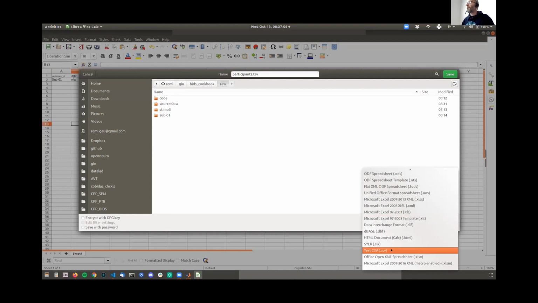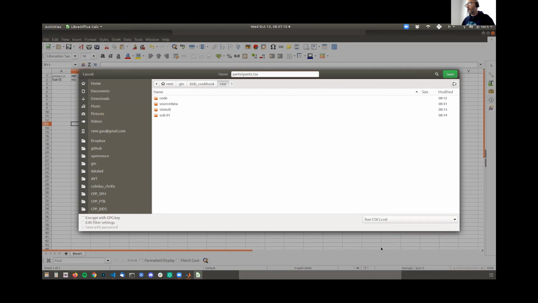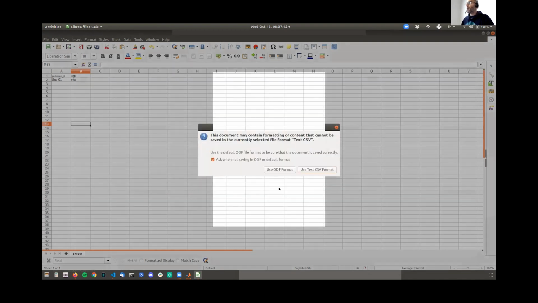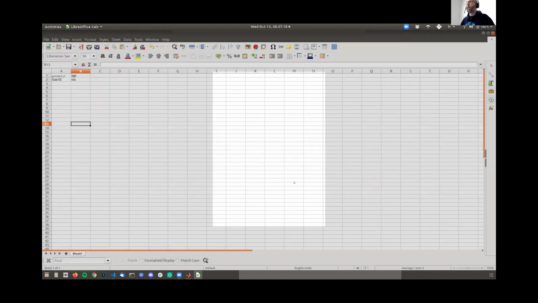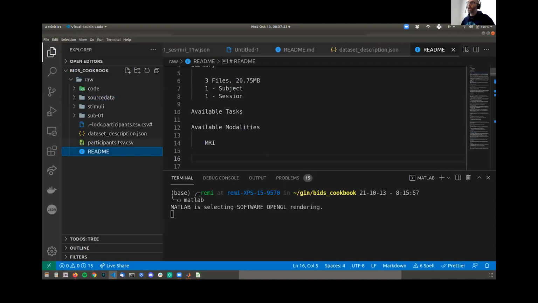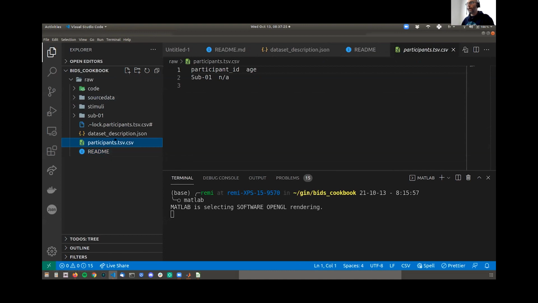So yeah, that's the tricky thing. To actually save it as a TSV, you need to save it as a CSV, but then you tell it that the field delimiter in between columns is going to be tab, for tabulation, right? And there we should be, and then you need to rename it because it's taking some liberties on how it names things.